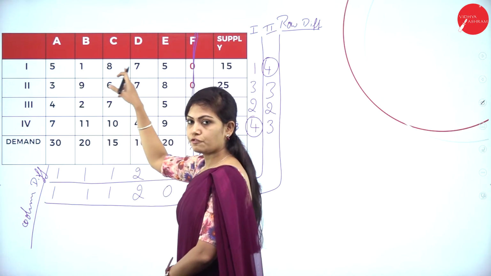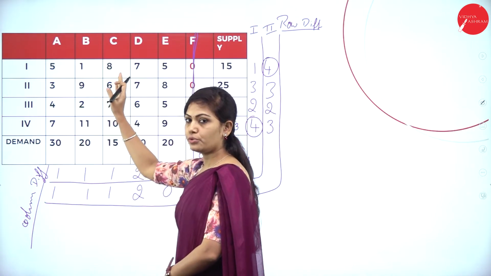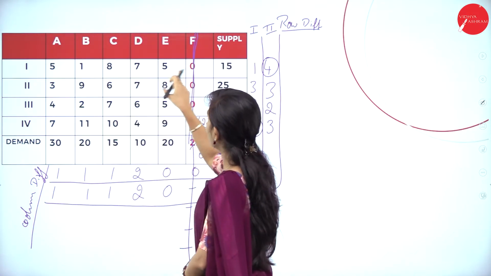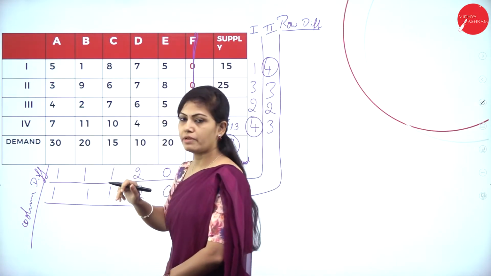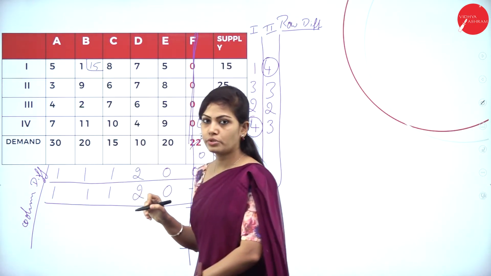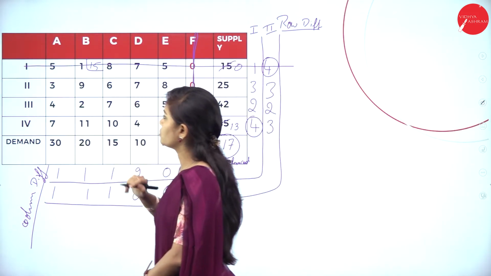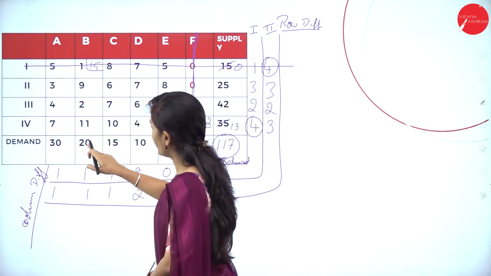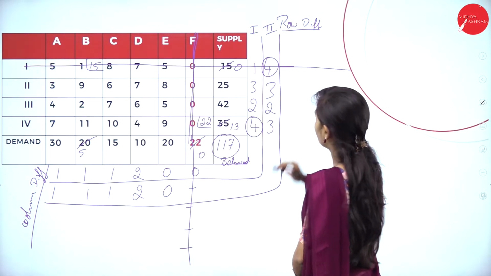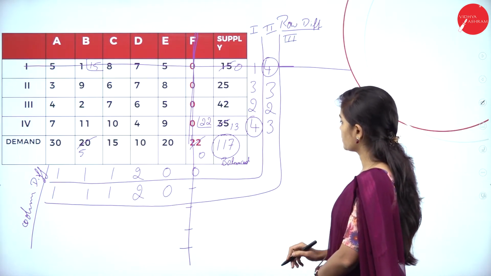I will consider the first row for finding the least value. In the first row, 1 is the least value. I will take this cell as the least value. We just take the supply value and demand value. The supply value is lesser than the demand value. I will allocate 15 to this cell. It will become 0. Then I can cancel this entire column also. And 20 minus 15 is 5. So now no need to find it again for this row. Next, for the third step,